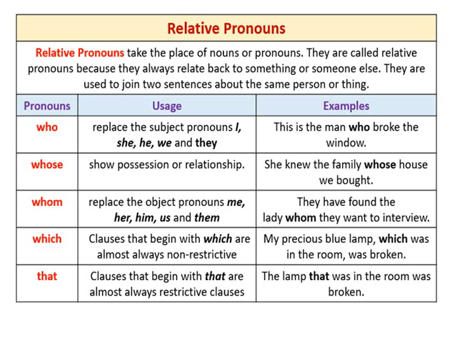Let's see one example. This is the person whom I met at the wedding yesterday. So we have already mentioned the noun, that is the person, and then we have related that noun with the fact that I met the person at the wedding yesterday. So in this way we can understand what exactly a relative pronoun is. There are a variety of examples available. You can see them on the screen, by which you can easily understand the usage of relative pronouns.